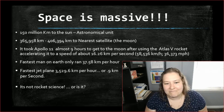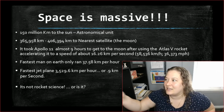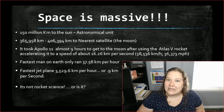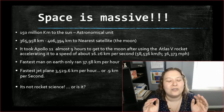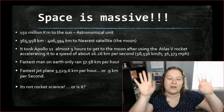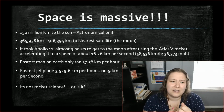5 hours. A light year is how long it takes light to travel in a year. Yikes. That's a long... I can't believe that number is even used. This idea is beyond me. Anyways, so our moon is